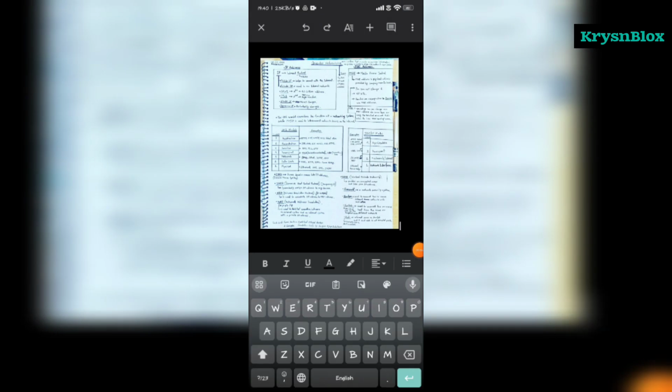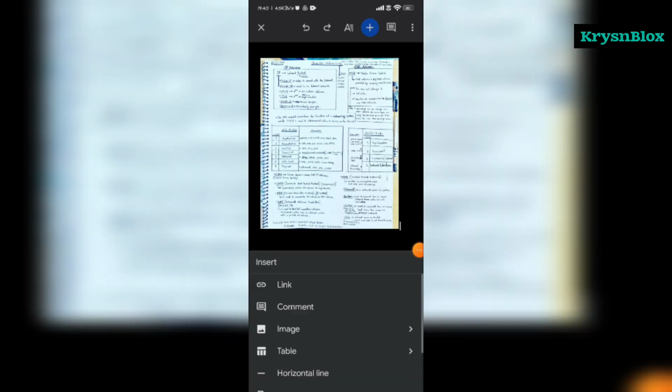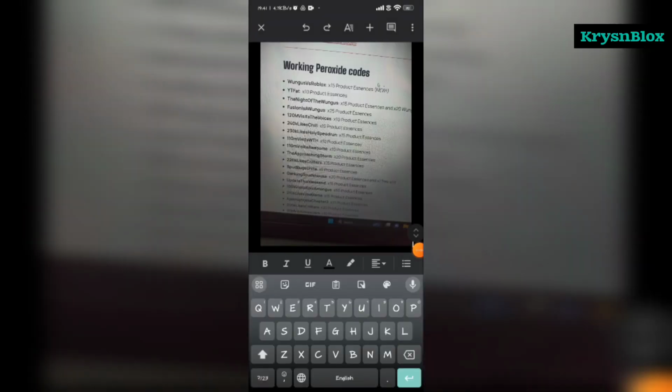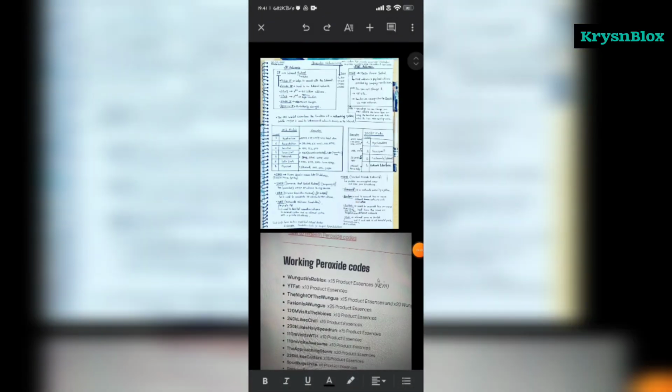So like this photo I want to convert into PDF. Fine, and you can also choose multiple photos if you want. Let me choose another photo. This photo I'm gonna add. So once you add all the photos that you want to convert